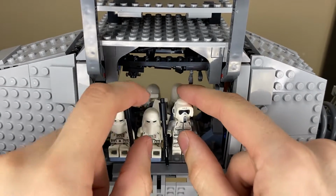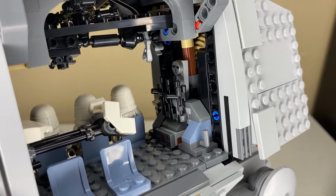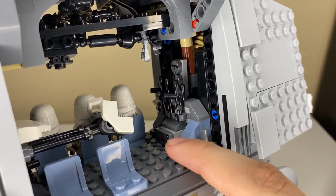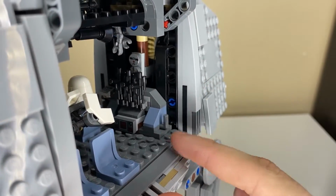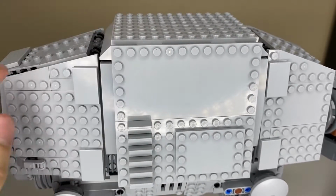But before we get back there, I do want to get these minifigures out so you can get a better look at what I did up front. So here we can get a better look at that little weapon locker I have in between all the troopers. On the bottom half, there is a control panel to unlock the weapons so they can be grabbed. I did remove that grapple feature like I said, but I still do have it spooled up in the back there. So now we can close up this interior space and go on to the rear section that houses the